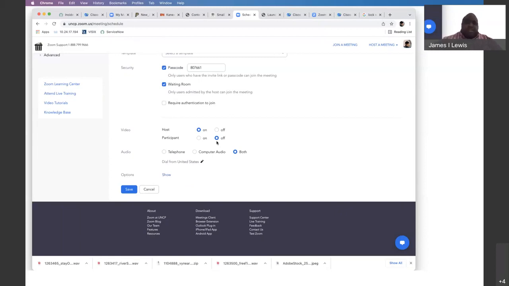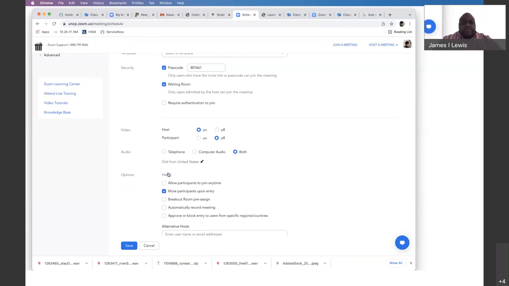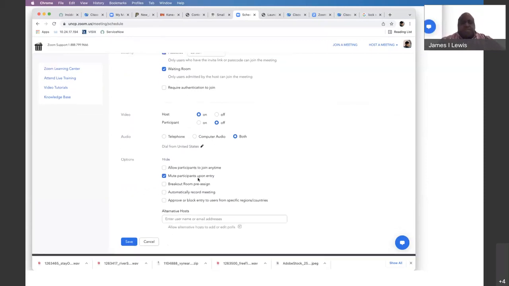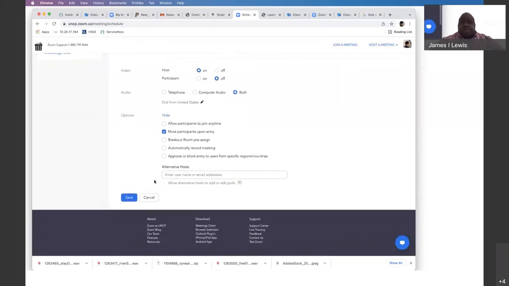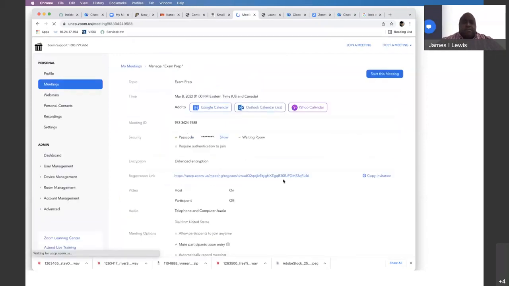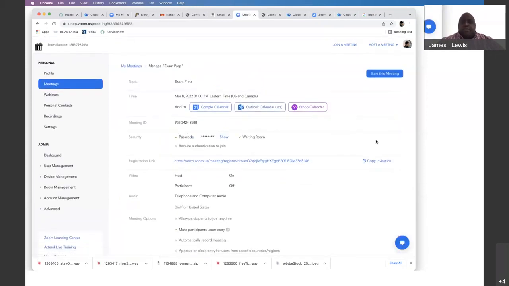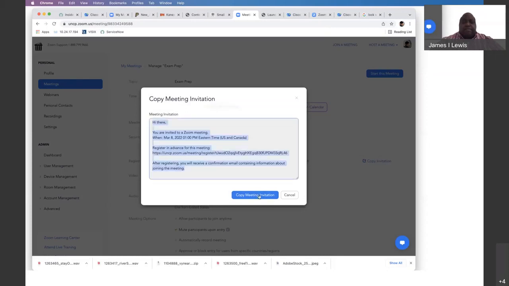And let's look at a couple of other options down here, if I want them to join at a time. Of course, I want them to mute upon entry. Whether you want breakout rooms, that's also on you. And we can block from specific regions, of course. So let's hit save. And we're going to copy this invitation, and I have to email it to these guys